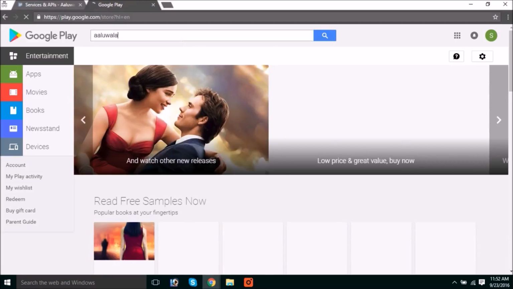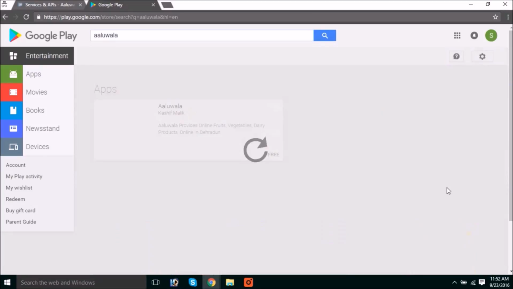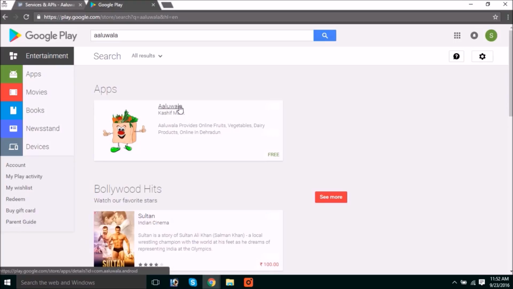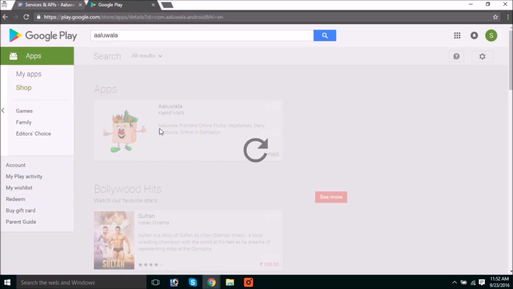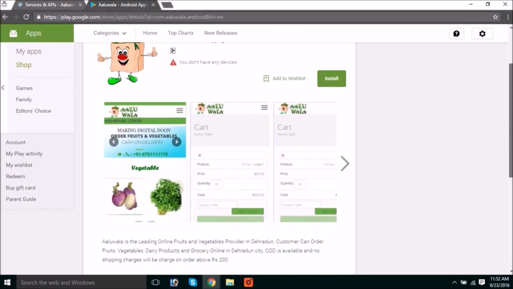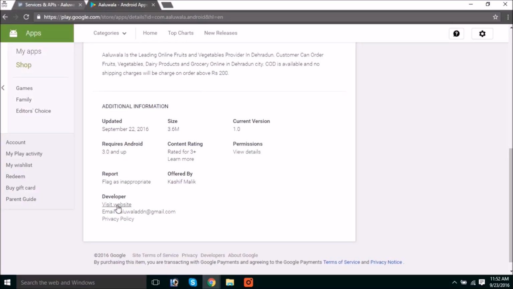So it must have some keywords, otherwise you will not get your listing at the top. Now you can see my live application. Now we also can see these images and the description of the application, your name, email address, everything.